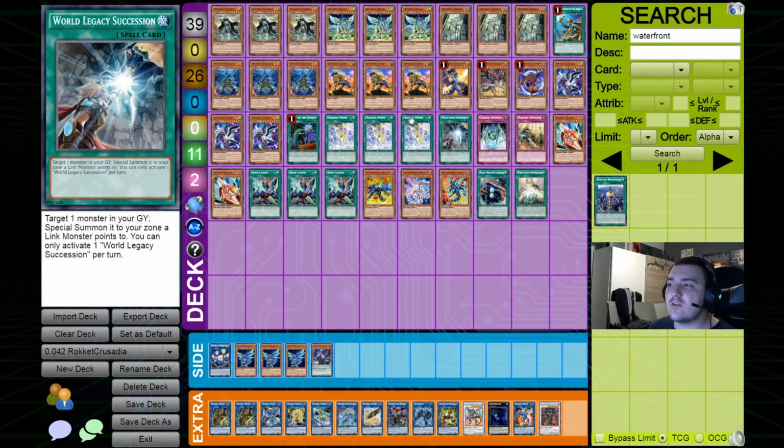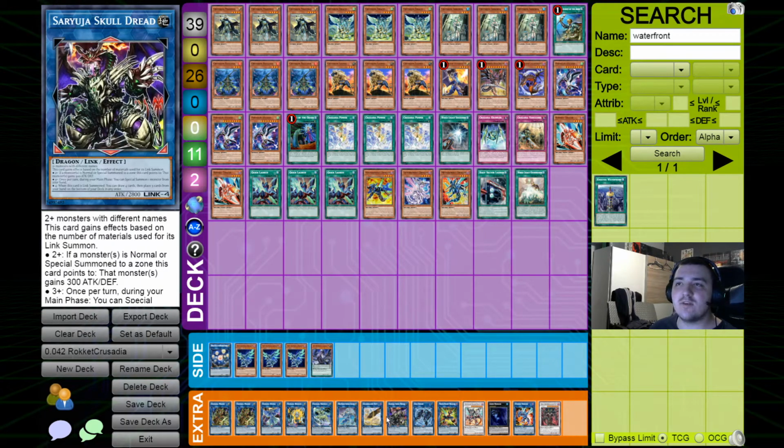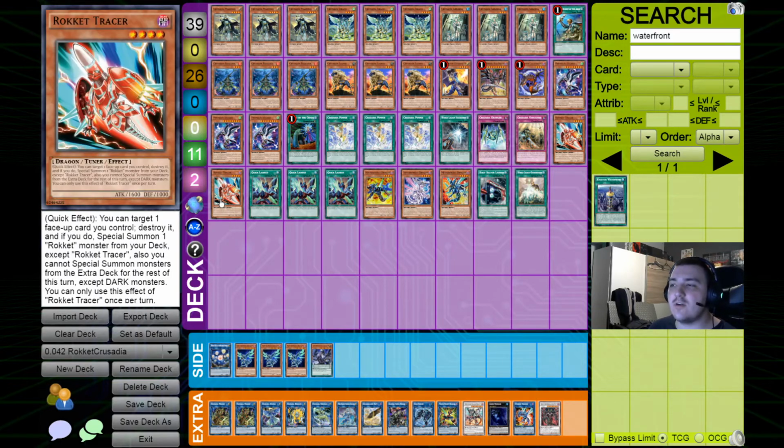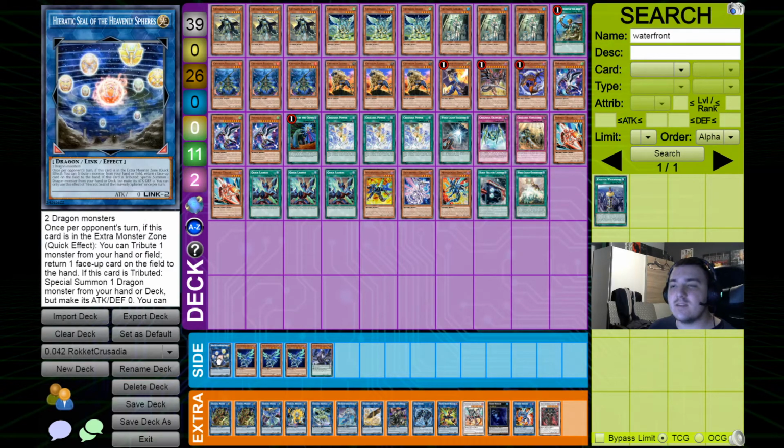And then this not only opens up to you different combo routes altogether, because now you don't have to go through the same Saryuja LP into Saryuja combo, summoning out any one monster from your hand and then climbing into an Equimax, but you can actually go down a Rocket or like Dragon Link heavier route altogether. And then, for example, you could even end on a Heretic Seal of the Heavenly Spheres, which against some decks, especially rogue combo decks that require their normal summon to be successful, can completely shut down their turn by tributing itself to bounce their monster and then summoning out a dragon monster from deck, which can serve multiple purposes as well,